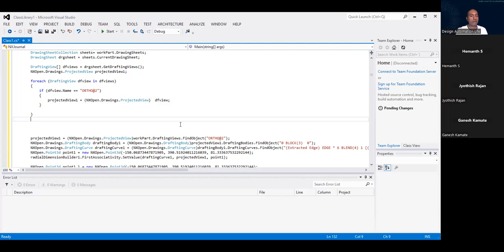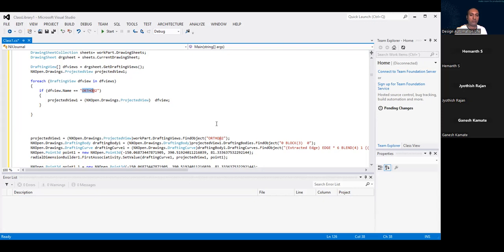This way we can explicitly convert the drafting view into projected view. Explicitly means we are specifically mentioning in our code that we need to convert the drafting view into projected view. And now this way we have taken care of that conversion problem. So this is how we got the